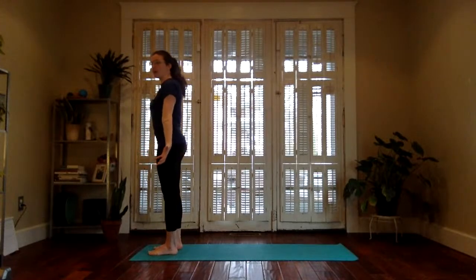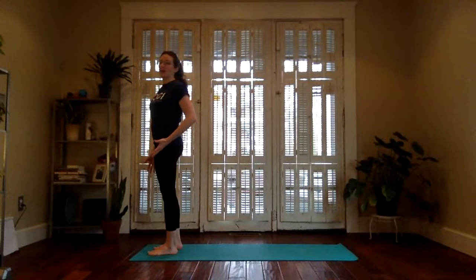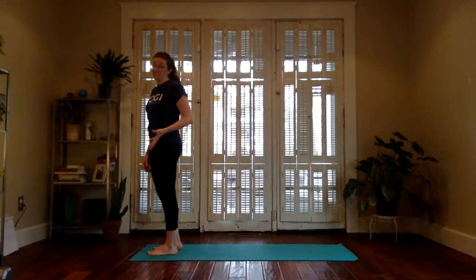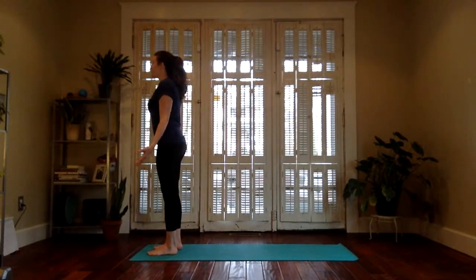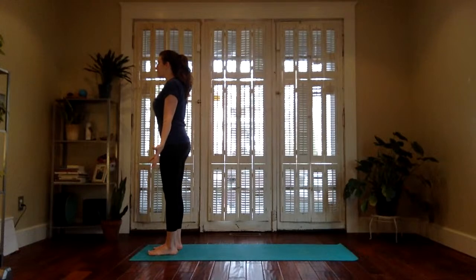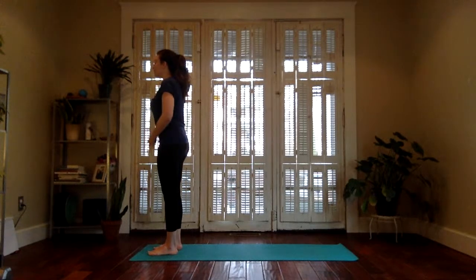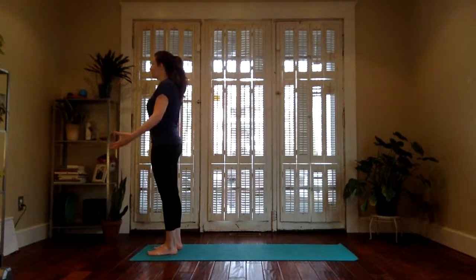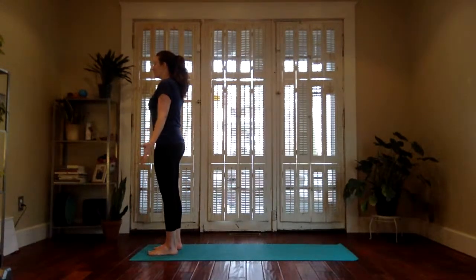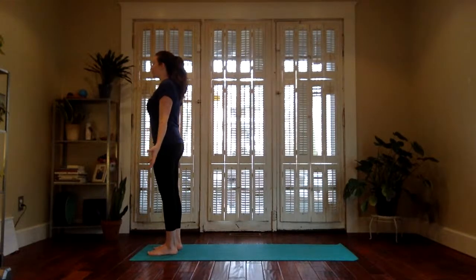Drop your arms down by your sides and just appreciate the fact that maybe for the first time today, you're not sitting. So really root down into your feet, spread your toes as wide as you can, spread your fingers even wider than that. If you ever suffer from low back pain, maybe tuck your tailbone under just slightly, and then ever so slightly retract your shoulder blades. Think about shining your chest, your ribs, your collarbones half an inch farther forward,